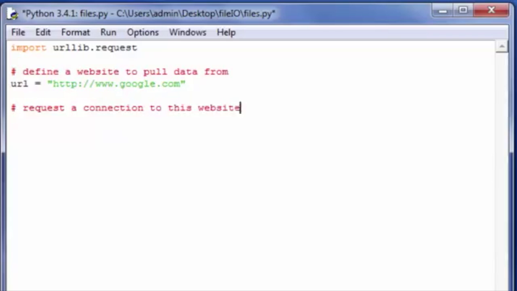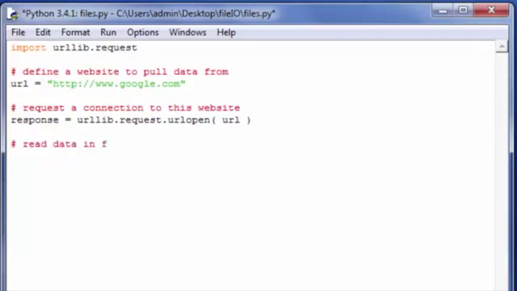So what we can do is say response is equal to urllib.request.urlopen. There's a function called urlopen, and what's the URL we want to open? URL. Don't worry so much about the syntax here. You can very easily find this online when you need to actually initiate one of these requests. But what we're doing here is basically opening up a connection, and then, very important, now we have to